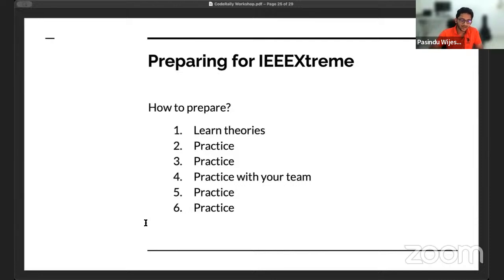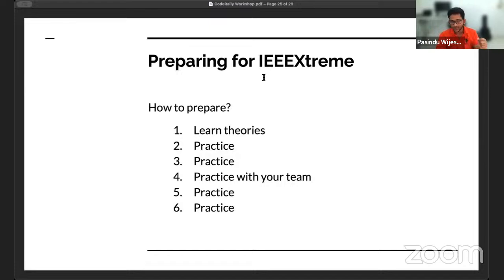So there's a different set of dynamics at play, because it's not only that you need to come up with algorithms, but you also need to build the ability to communicate that algorithm to your teammates, to discuss and come up with solutions faster. One way to get faster is that three people could be looking at three different problems, or multiple people could discuss the same problem to come up with an algorithm, in order to cut down the time you spend on the problem.